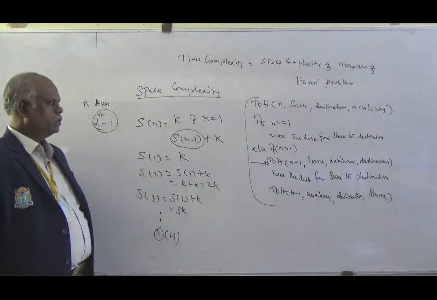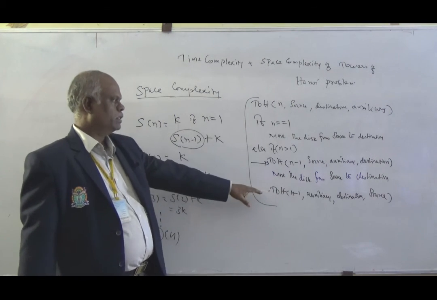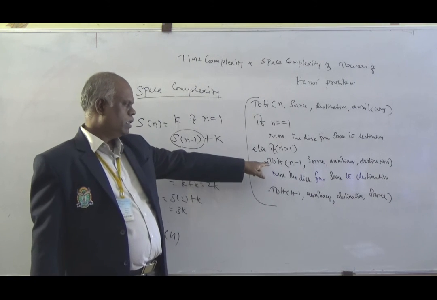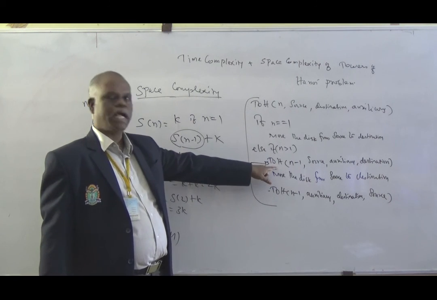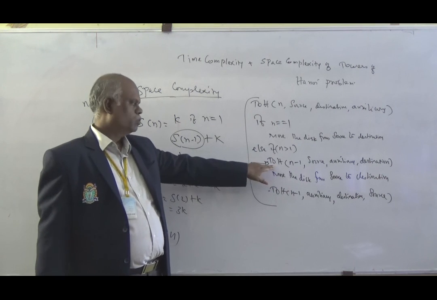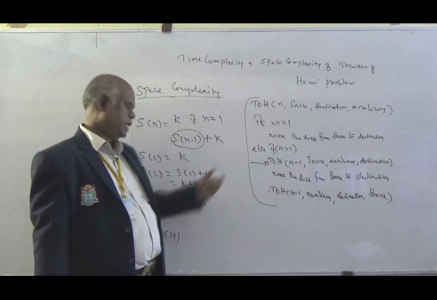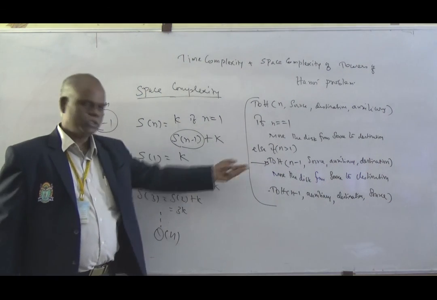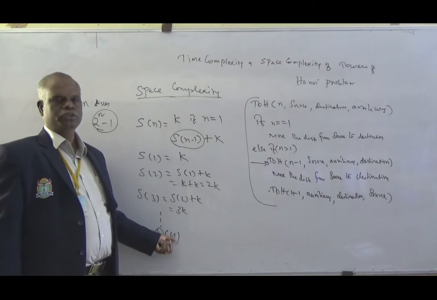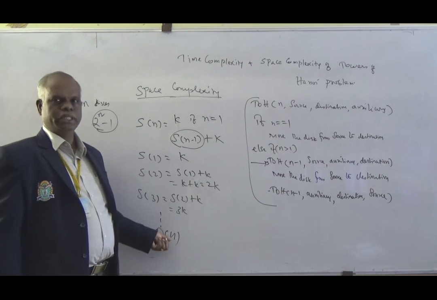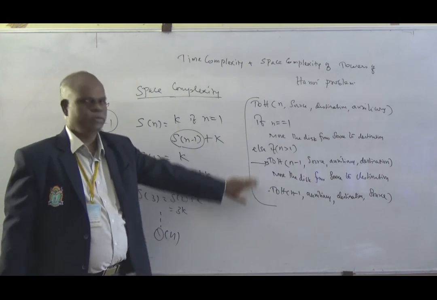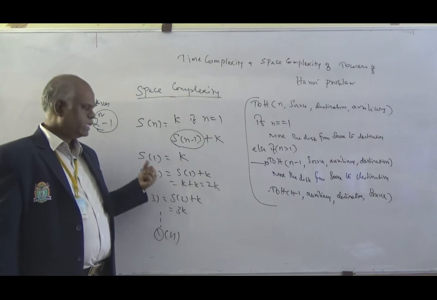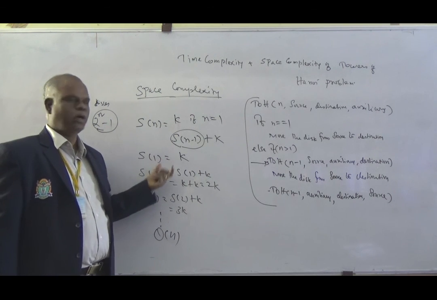In another way also, the space required for this algorithm is for storing the local variables. Another thing is the storage requirement for the stack for this recursive call. The maximum depth of the recursive call will be n. So the maximum amount of memory required for this procedure is also in the order of n. So now we were able to understand the procedure for towers of Hanoi and its space complexity and time complexity. In the next session we will see the GATE questions for towers of Hanoi.